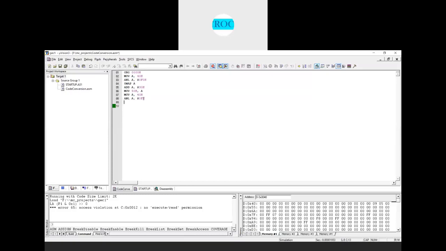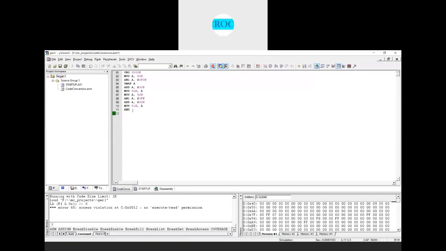Now to this 09 I will add A, #30H. And whatever is the equivalent ASCII in hexadecimal, I'll move into one more memory location, MOV 51H, A.